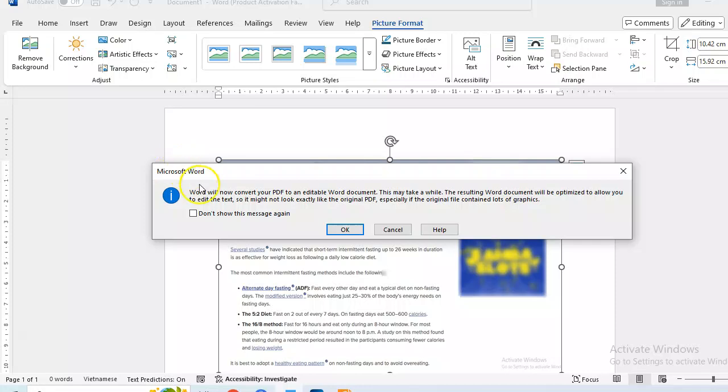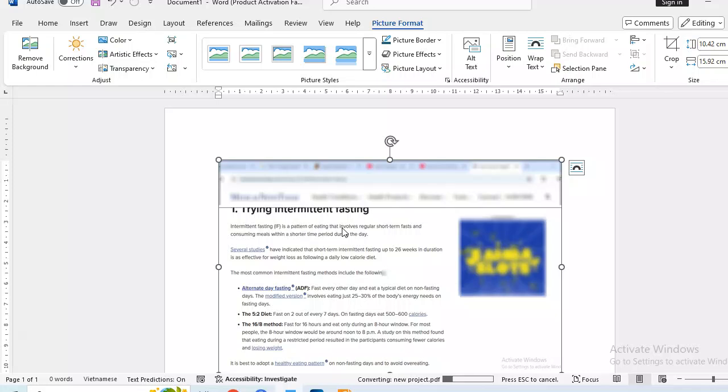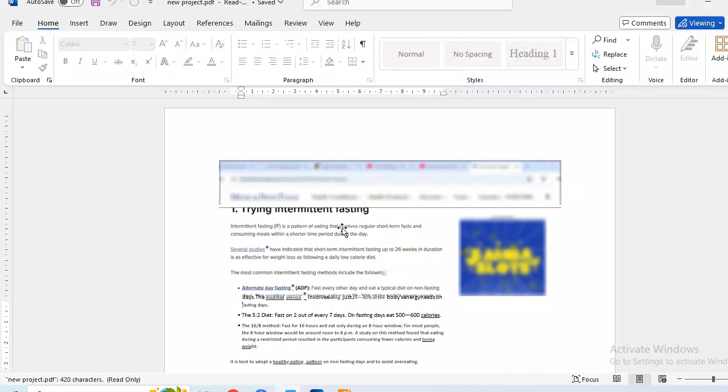And now you see here, Word will now convert your PDF to an editable Word document. Yeah, just click OK. Yeah, it's done. This is what you need to do if you want to know how to convert image to